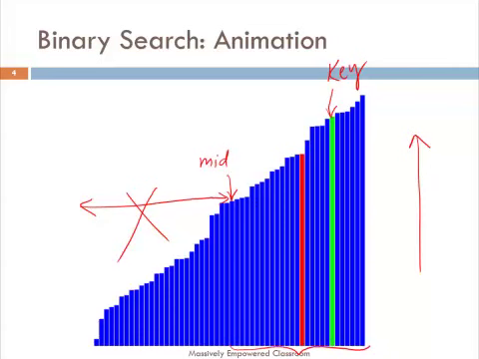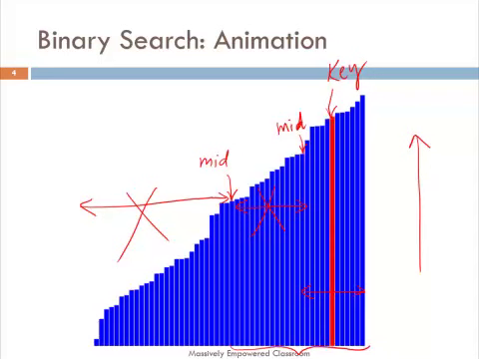Now what does it do? It finds the midpoint of this second half of the array, which in this case happens to be here. So this is the second midpoint. Now what does it do? It compares the height or the value of this midpoint with the key. The key is still greater. That means these elements also will not contain the key element. We need not compare all of them with the key. So now we are only looking for the key element in this part of the array.